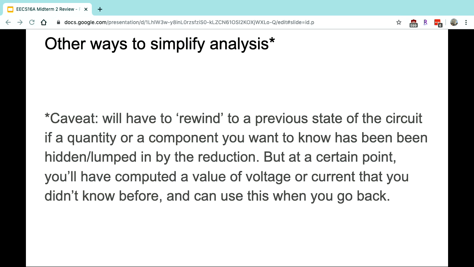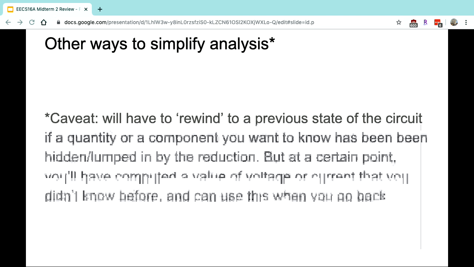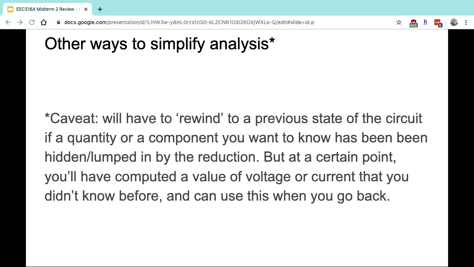One thing to mention if you decide to do any sort of simplifying method is that after doing all the simplifications, you'll sometimes find some quantity, but it doesn't tell you exactly what you're trying to solve for. It's good to keep in mind that after you've simplified away your original quantity, you might have to go back to the original circuit to solve for the original value you're trying to solve for. But even still, by simplifying it, you'll know some new thing that helps you solve the original quantity better.